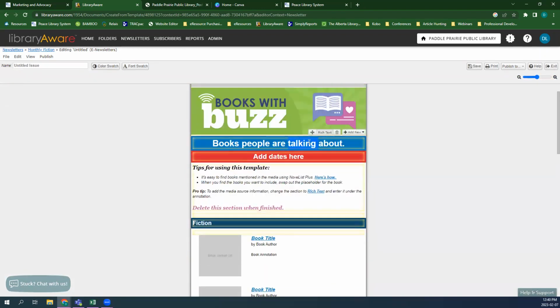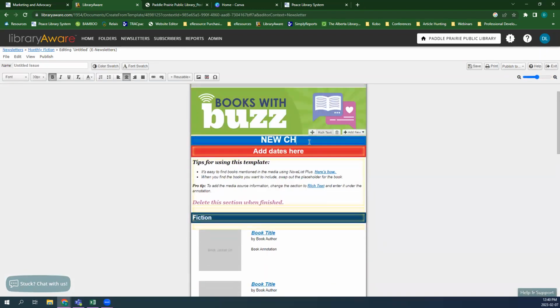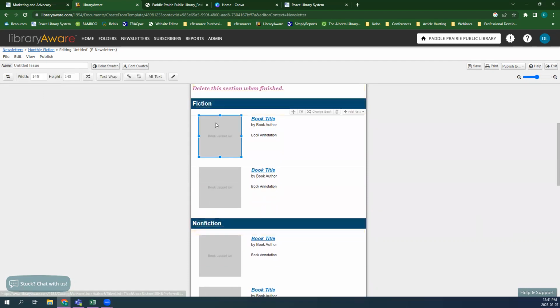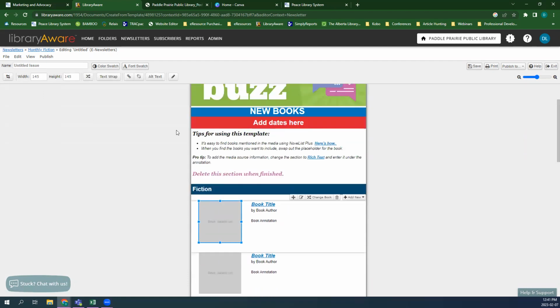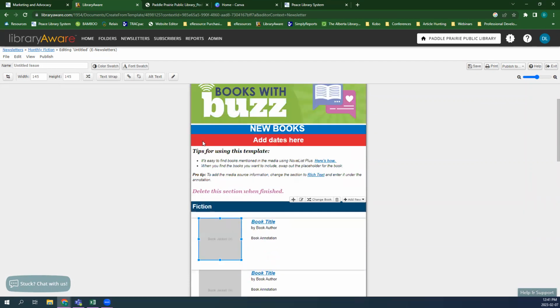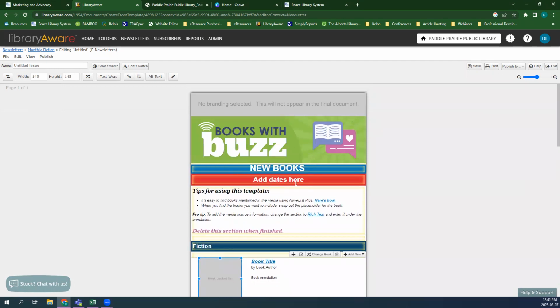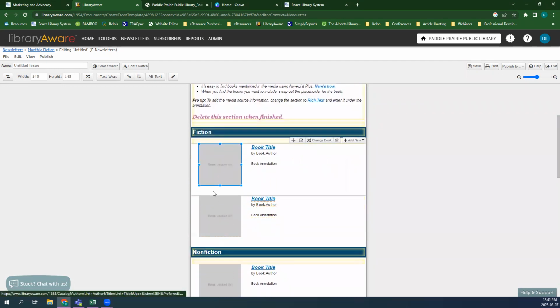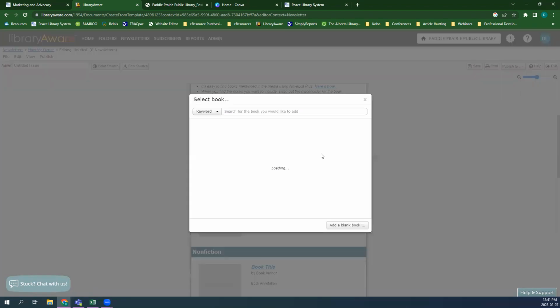So this is very similar to our graphic editor. We can go in and edit text. We can add in different text. What I really like about this is that it makes it easy. You don't have to do a whole bunch of formatting and create your own design. Like, what a perfect newsletter. All I'm going to do is edit out the text so that it reflects my library and change out the book jackets. And they make it really easy because you just select the gray book jacket and this change book button will appear. So you're going to hit change book,